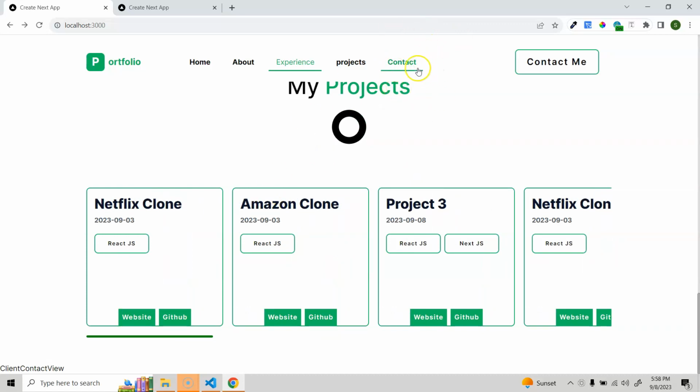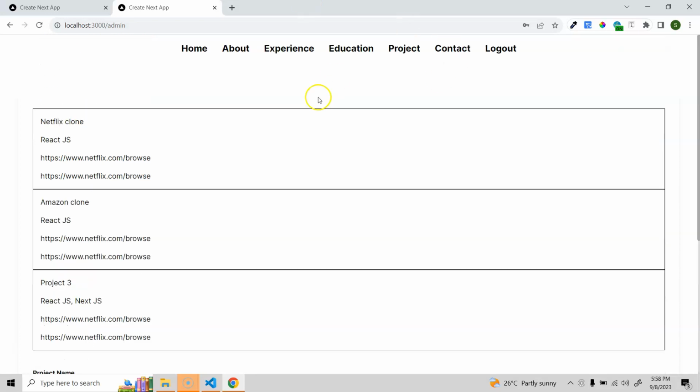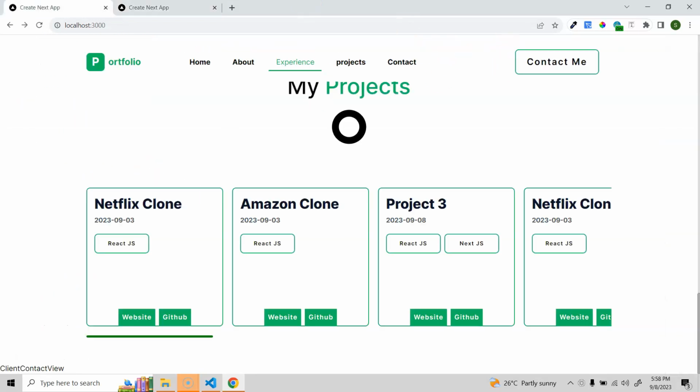So basically, what we are going to do: if some person is visiting this particular website or portfolio of mine, how will they contact me? Generally we usually have some kind of email service, and based on that they will be able to send email. But here I am going to do a very interesting thing. You can see that we are having this contact here, right? So what will happen in this contact, we'll be having a form. Whenever any user or any HR, let's say, tries to contact you,